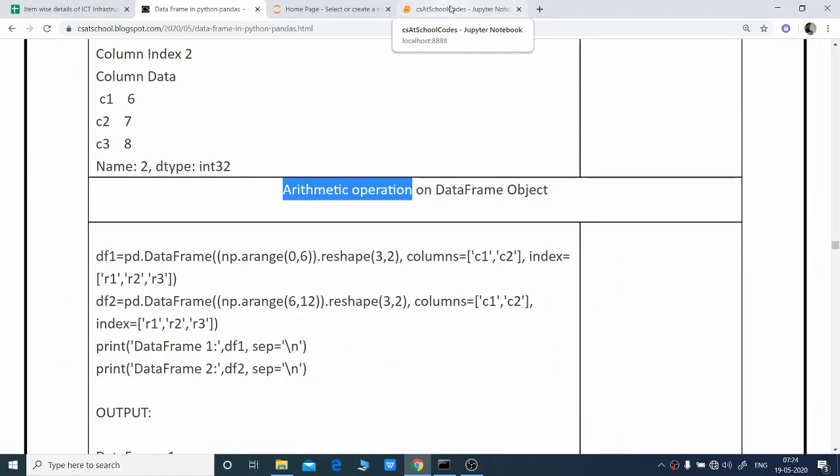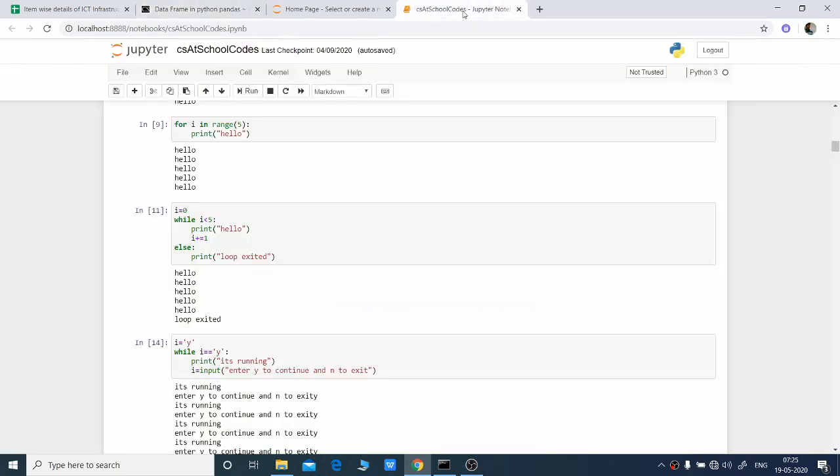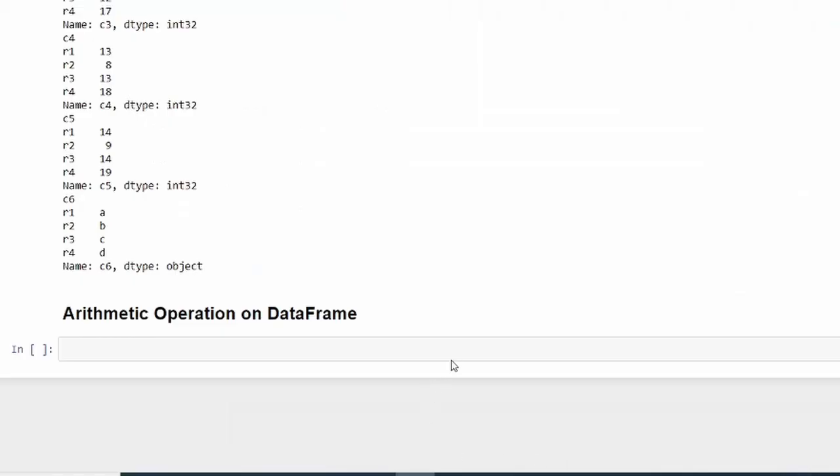Right. Okay, now let's talk about arithmetic operations on data frame objects. For that we need to create two data frames, and based on these two data frames we will try and perform different kinds of arithmetic operations, like addition, subtraction, division, multiplication, something of that sort. And we'll also look into applying numpy mathematical functions on these data frames, and see how it behaves, right? So for that purpose we'll create two data frames. So here we are in our Jupyter notebook. So we'll start with importing